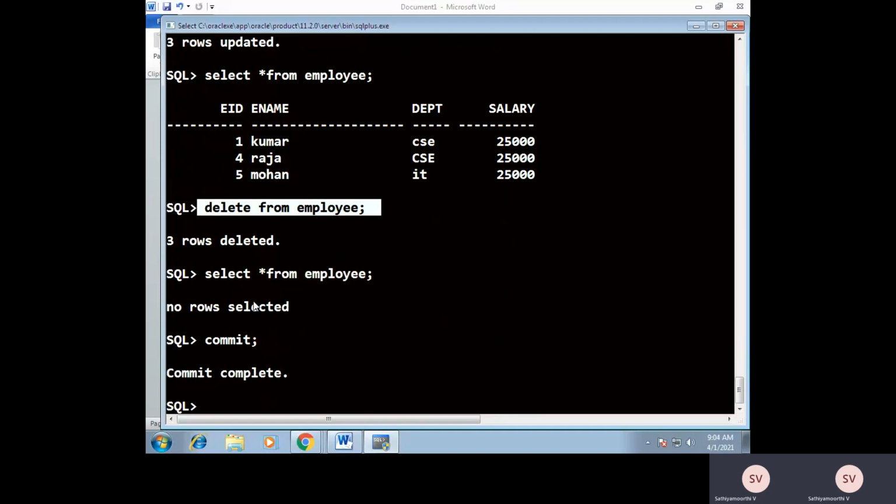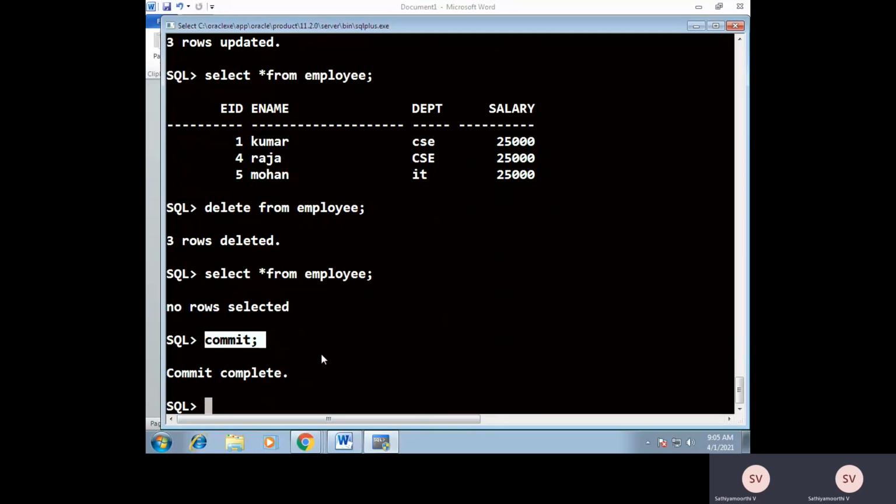Also, delete is slower than truncate. So when do we go for truncate and when for delete? If you want to delete all your existing records, simply use the truncate command. Or if you want to delete certain records, instead of all the records, say 1 or 2 records based on some condition, then you can go for the delete command.